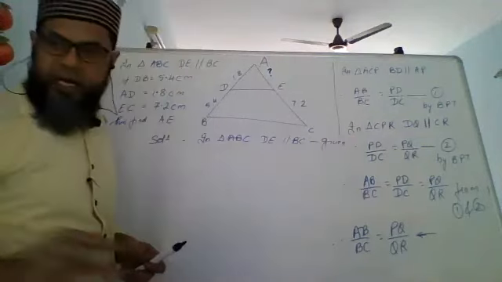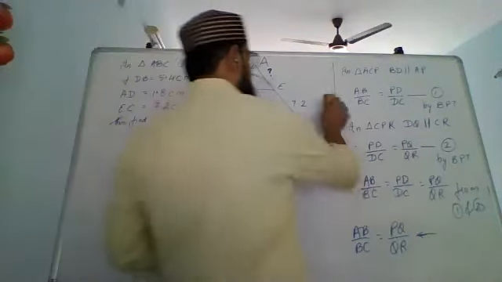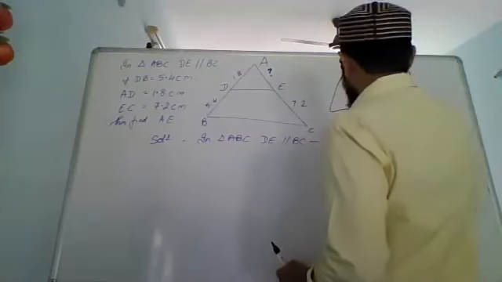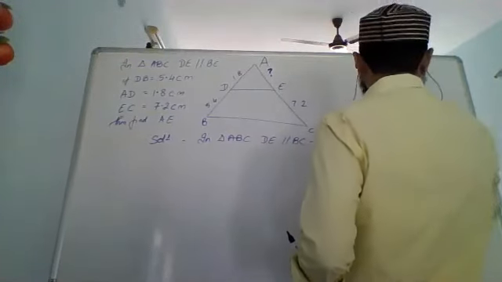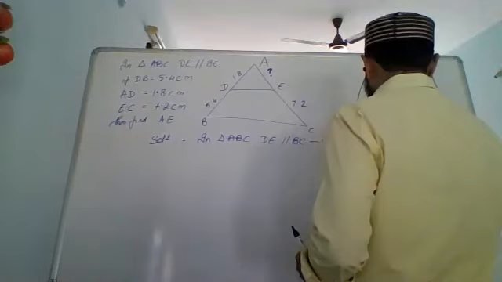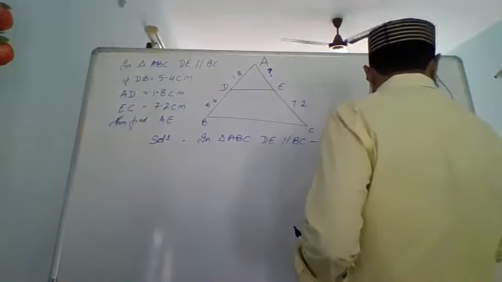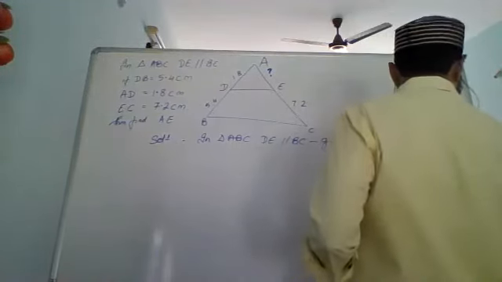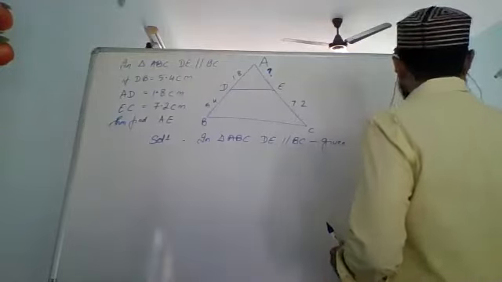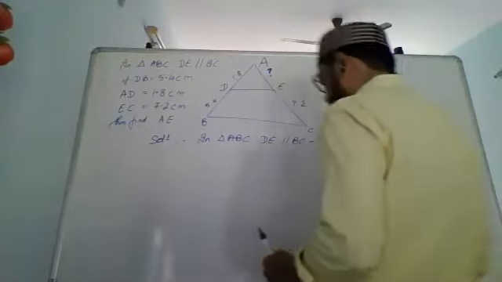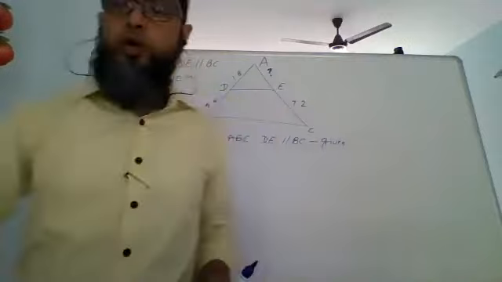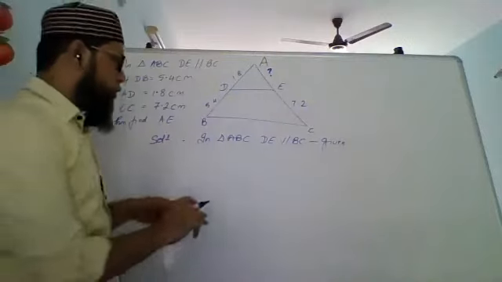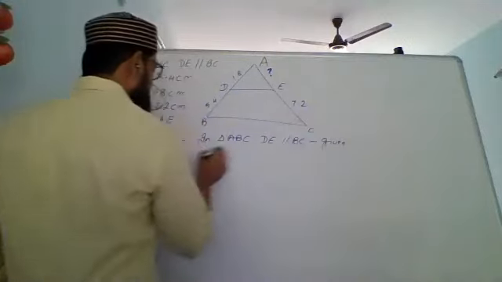Always you should write the reason wherever possible. In geometry, whatever you're writing, you should always write a reason: given, construction, by this theorem, by this. As far as possible, however self-evident it is, if you write it, it is to your benefit. Don't ignore writing this. So it is given. Therefore,